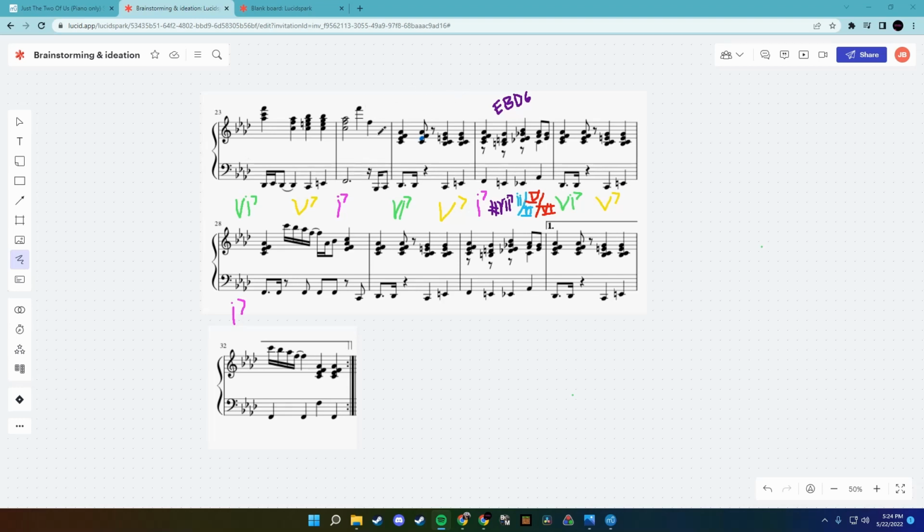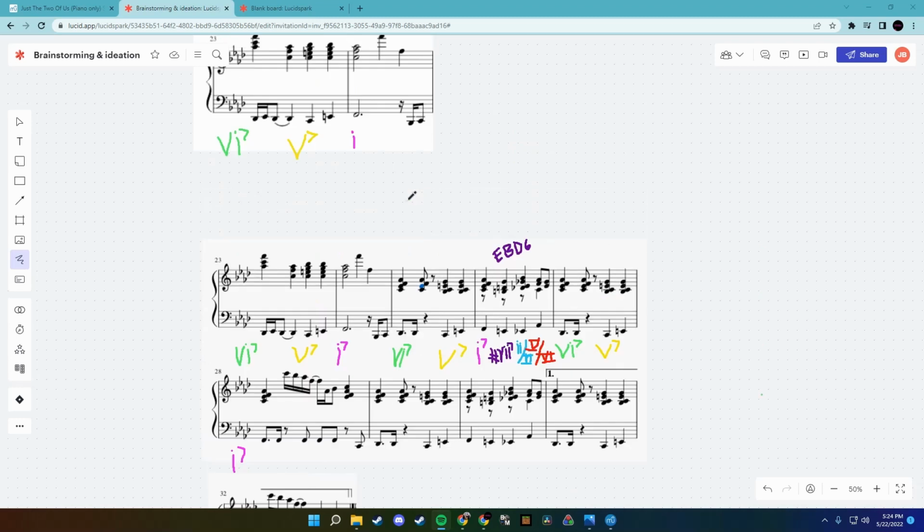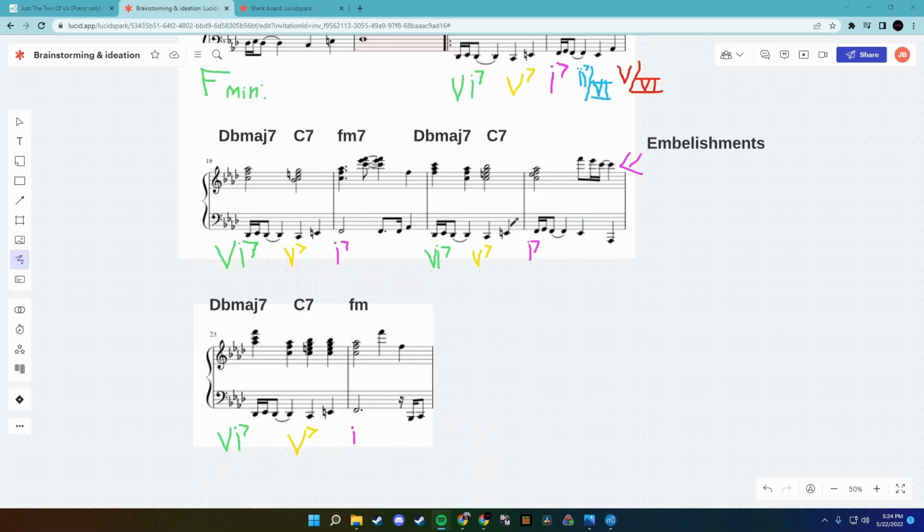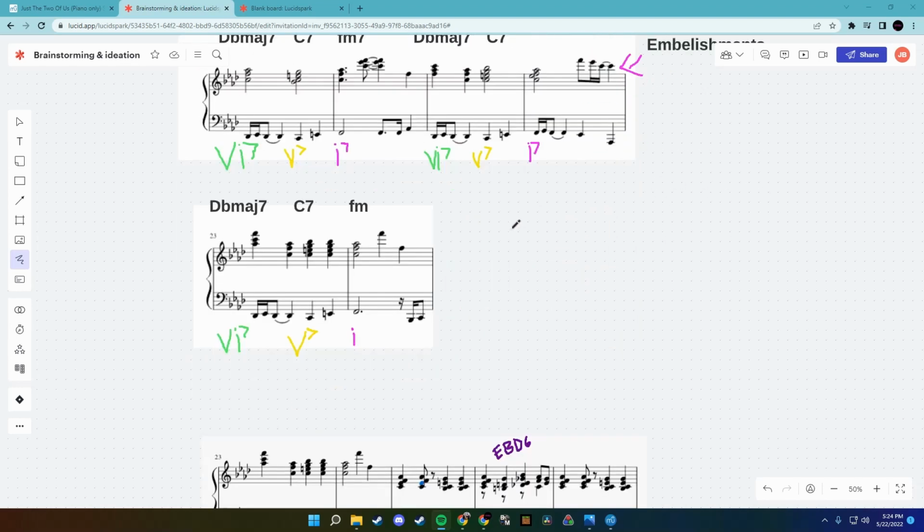We've got everyone's favorite, that little guitar anacrusis coming into the chorus, which I think is actually really cool. We start with our 6-7 chord, which we've seen a lot throughout this piece so far. And we go to the 5-7. And then we go to our 1, which is very similar to the beginning of the B section,